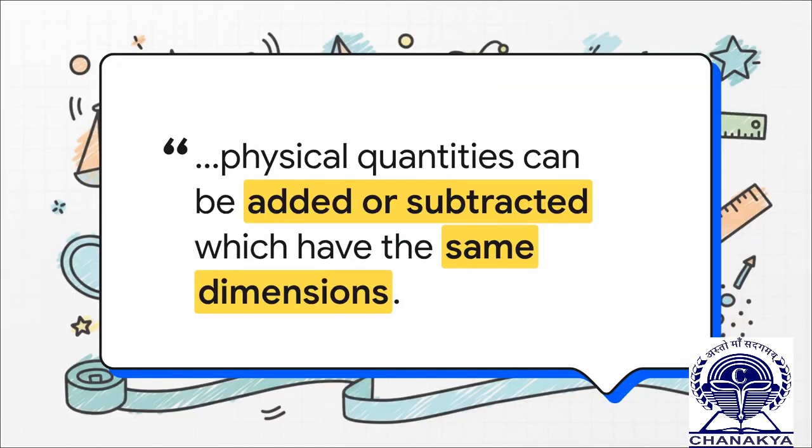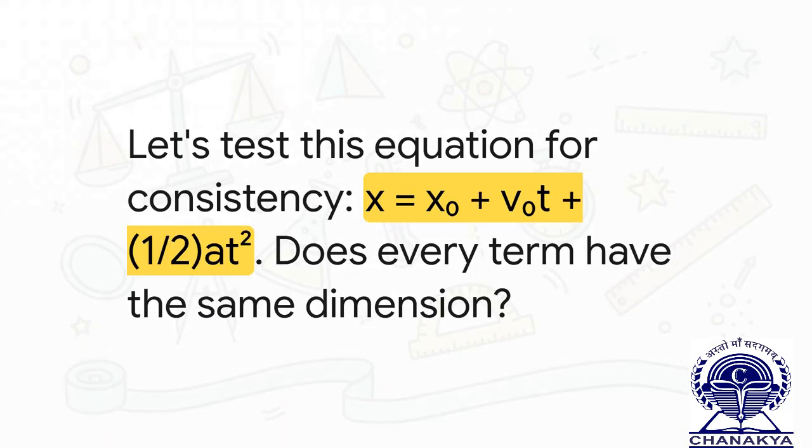And here it is, the one simple rule that governs everything. It's called the principle of homogeneity. It's really just a formal way of saying you can't add length to time or mass to temperature. You can't add apples and oranges. It means every single term in a valid equation that's being added or subtracted has to have the exact same dimensions, period.